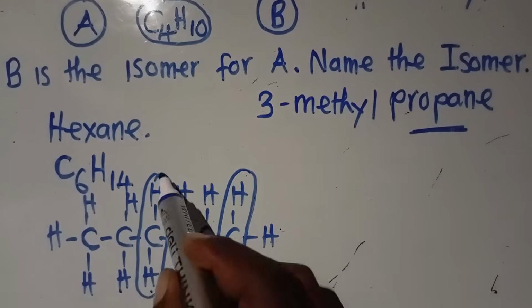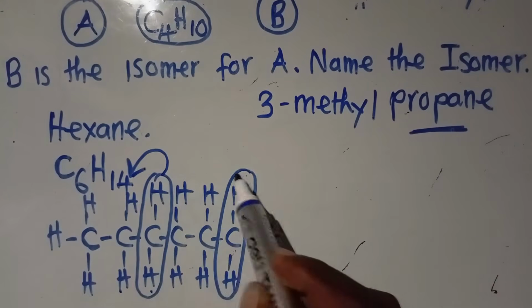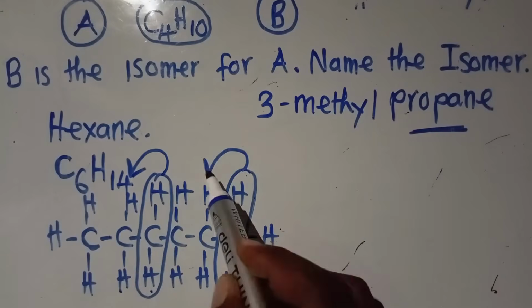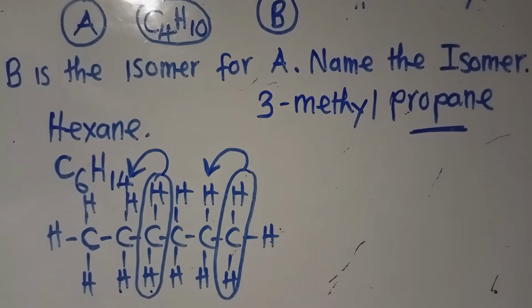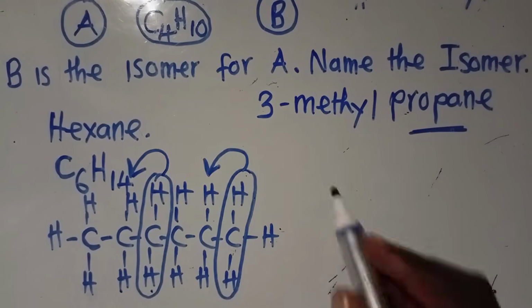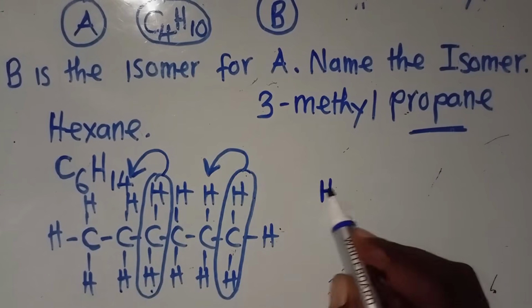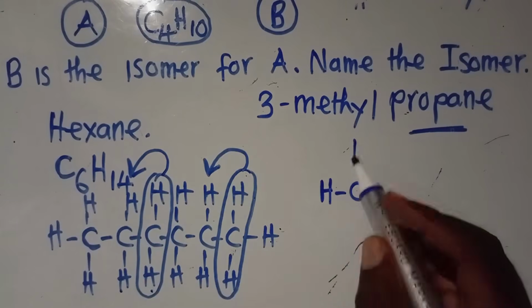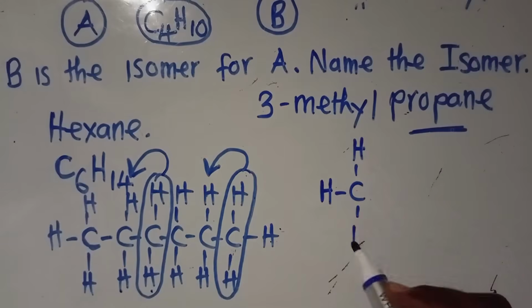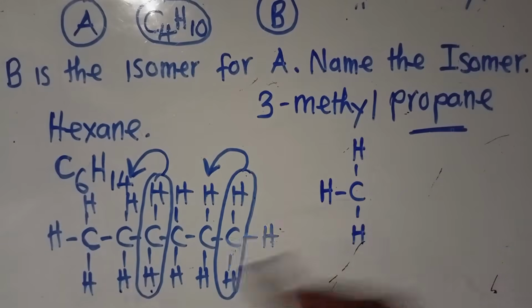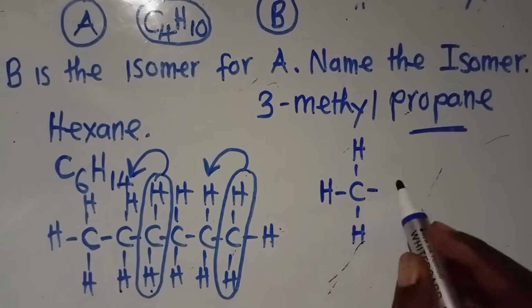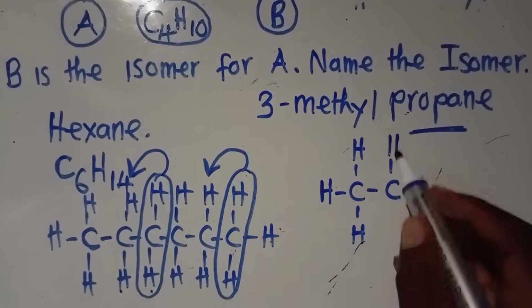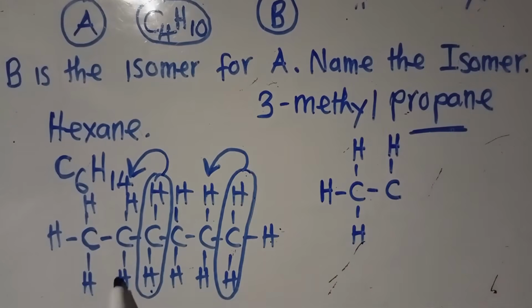So this one, I'll take it there. This one, I'm going to take it there. Don't be confused. I'm going to have the first part, which is H, like this, C. Then I've got H there, another H here, and another H here. Since there is something down here, and this part has come here,